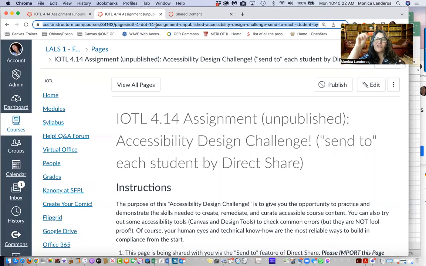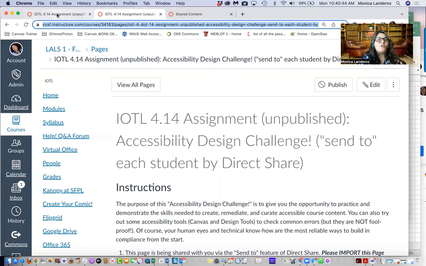So the assignment's actually going to have a start submit, and that's where you're going to click on that, because then for the facilitators, when we go into SpeedGrader, we will have it right there, the link, right? So submit it as a URL link, and then we can click on that, and then we're off, and we can go ahead and give you some feedback.